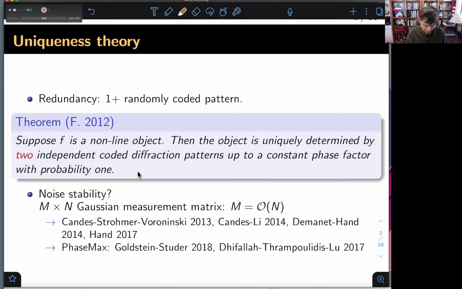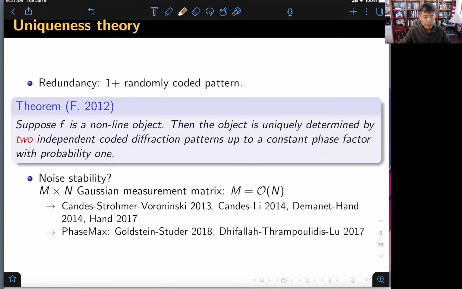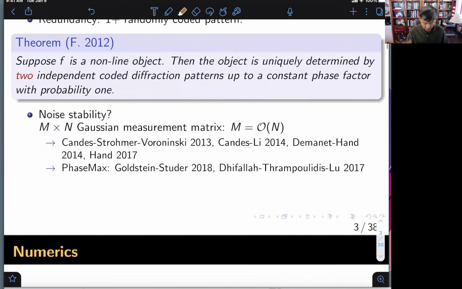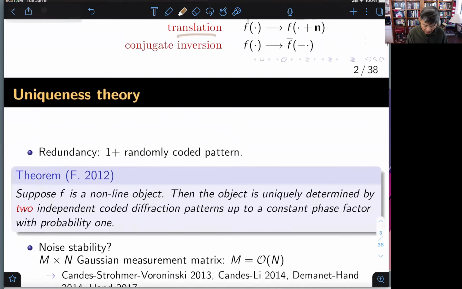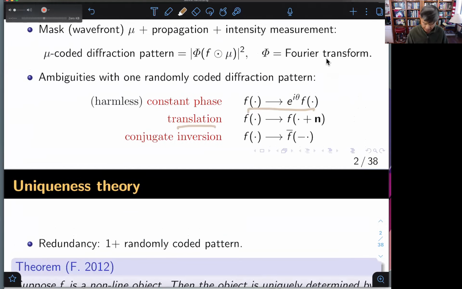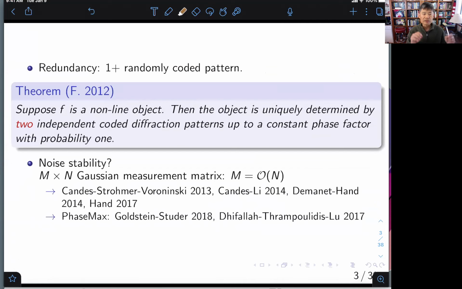If you were to count one diffraction pattern as one measurement, you need basically two measurements, two sets of measurement. All right. So what about noise stability? Now this is the area that has been lacking any theoretical progress whatsoever. Here I'm dealing with the Fourier transform case. The only thing that I know of that can prove noise stability, in the sense that if your data has certain noise, then you can control the underlying estimation by a certain error bound,